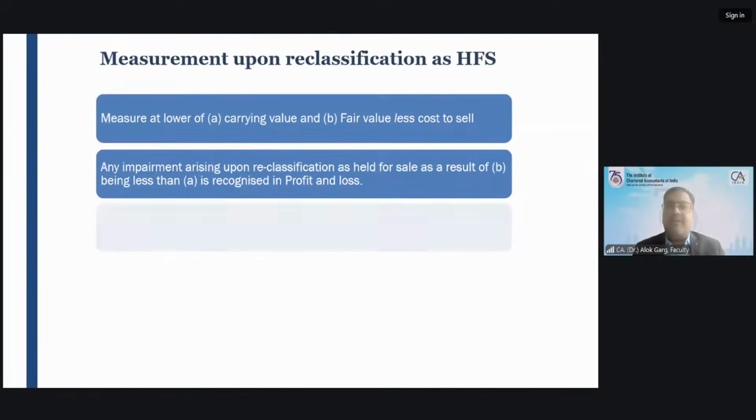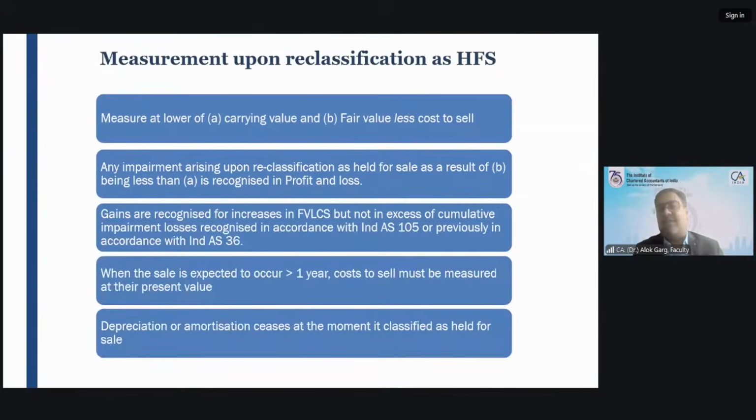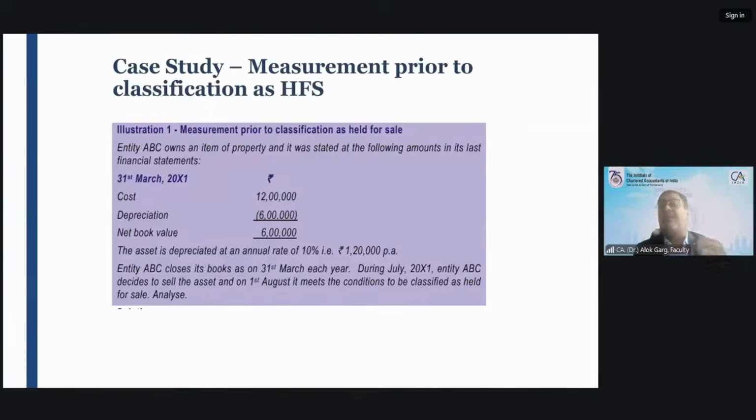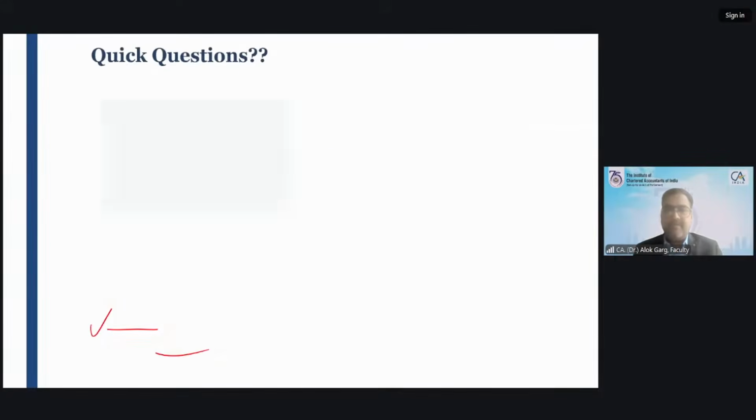On the reporting date, once it has been recognized in P&L, it has to be remeasured at fair value less cost to sell. If fair value less cost to sell is the same value, no change. If fair value less cost to sell has subsequently declined, you have to record the decrease. If fair value less cost to sell has increased, you have to record the increase to the extent of past cumulative impairment losses. Right?